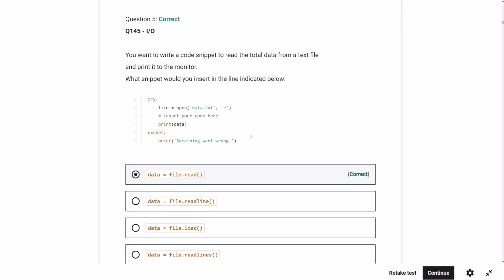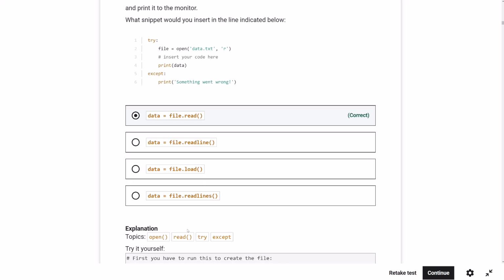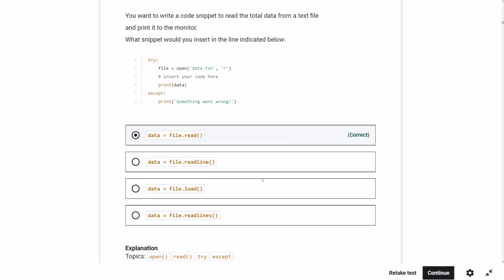Okay. Question number 5. You want to write a code snippet to read total data from the text file and print it to the monitor. What snippet would you use? So basically we have multiple choice here, 4 choices. So from what I remember, from what I learned, if you want to read the whole thing from the file, you just use file.read,